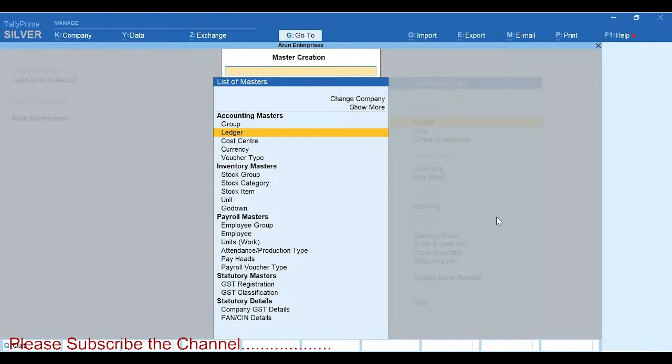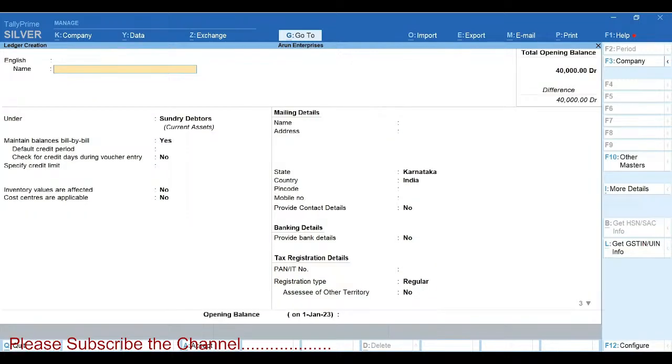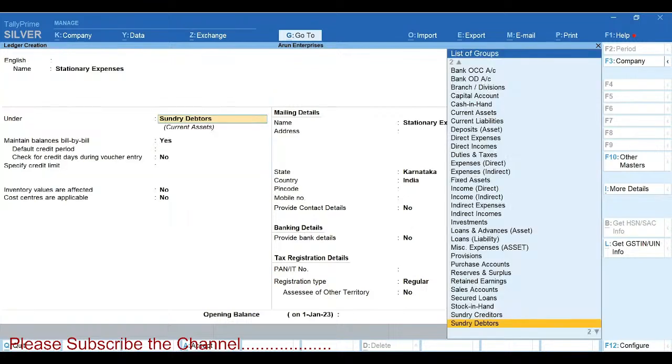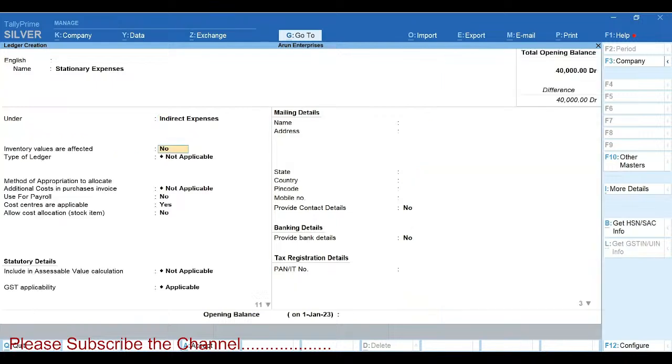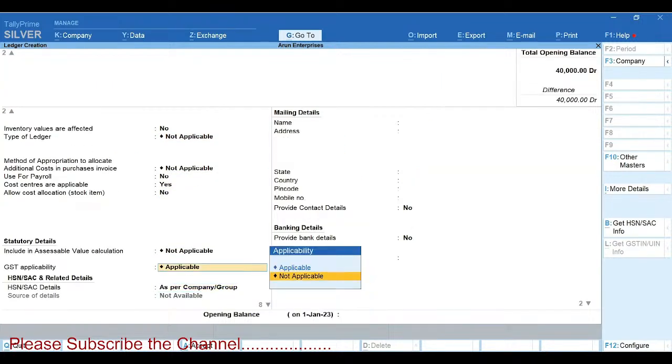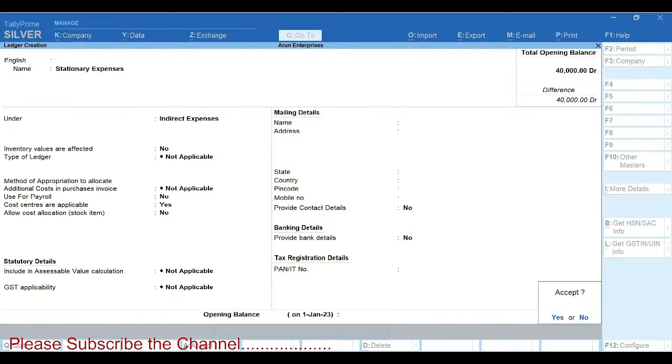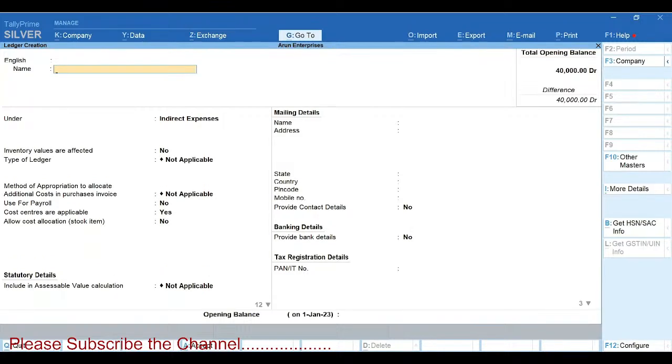So currently here I'm creating a ledger as stationery expenses. So stationery expenses I'm creating under indirect expenses. I'll enter and accept it. Right. So once I enter and accept this particular ledger,